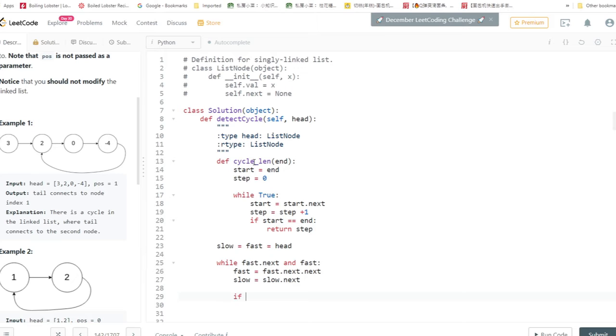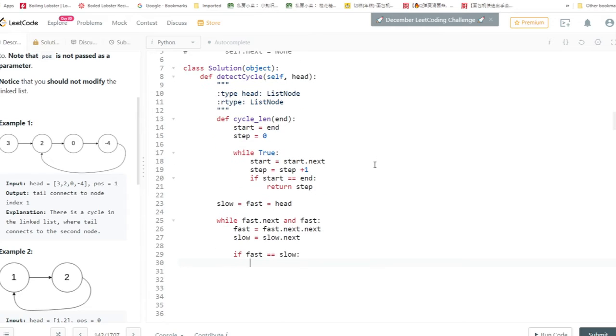Then we determine if the 2 pointers meet each other. If fast equals slow, then that means they meet each other, right? Then we put the 2 pointers a cycle length apart. So we put fast equal head. So put the fast at the very beginning of the linked list,